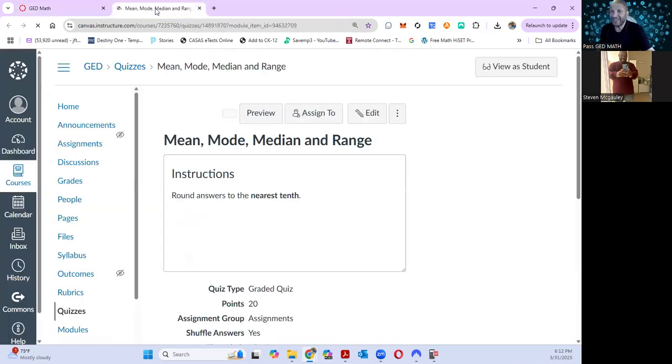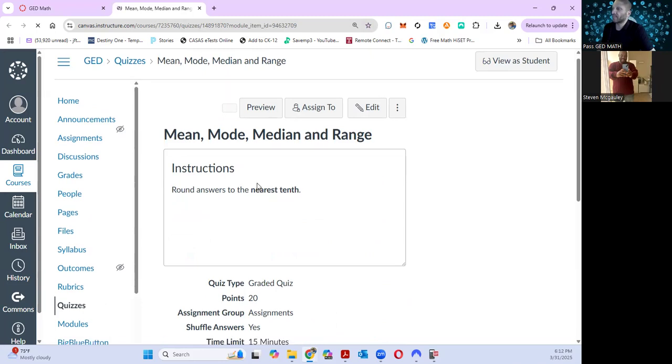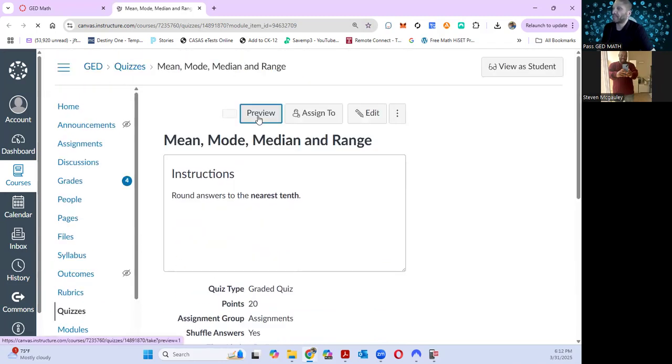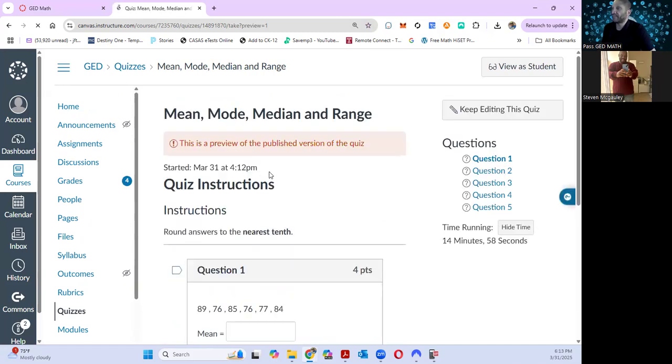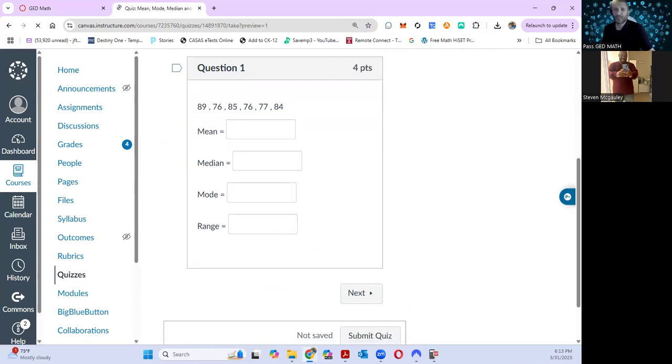Do you know what mean is? The mean is where you add all the numbers, then you count how many numbers there are, and then you divide by that number. So mean is the average. You're right, you add them all up and divide by how many there are, but another word for the mean is your average. Okay, your median